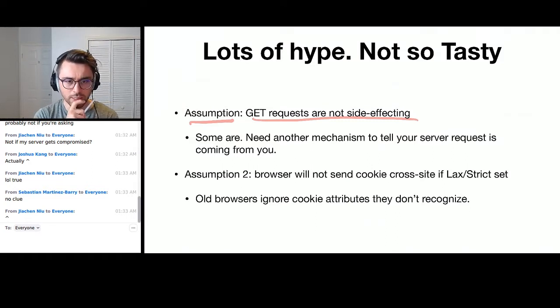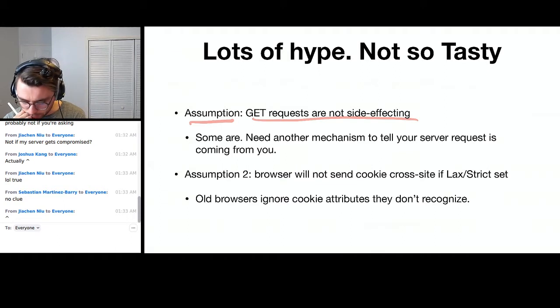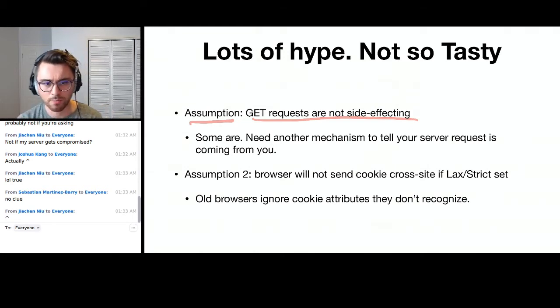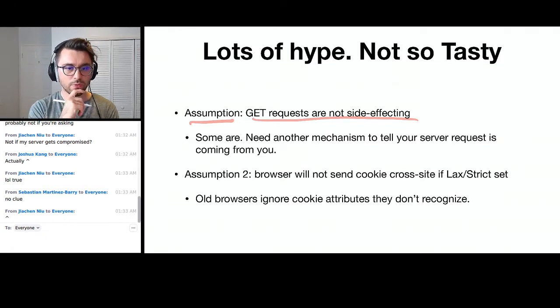So we basically need, even with same site lax, another mechanism to tell us if the request is coming from our own page or something else. Even if we used strict, the second assumption that same site cookies makes is that the browser will not send a cookie if this lax or strict attribute is actually set. But what if your users are using an old browser that doesn't support these things? What do those browsers do? Well, they ignore these cookie attributes. So those browsers will happily send cookies,